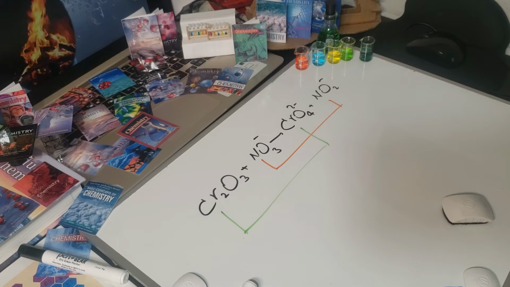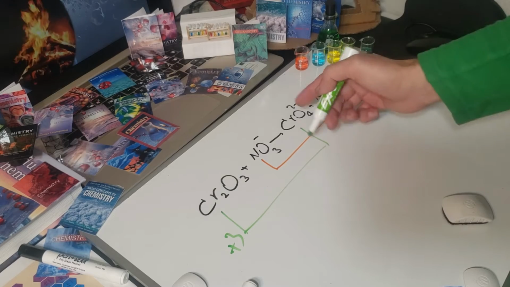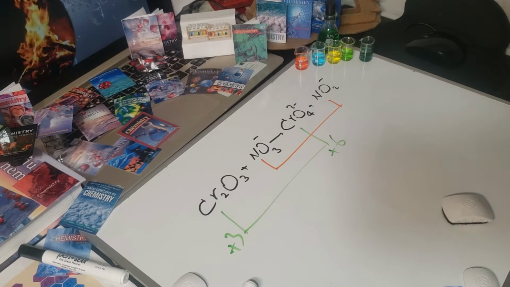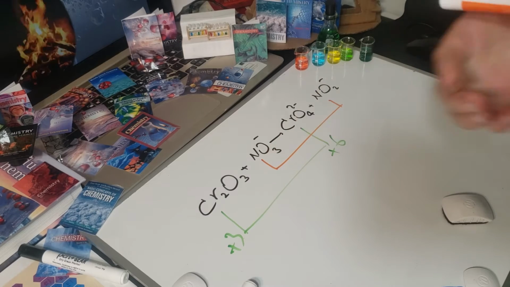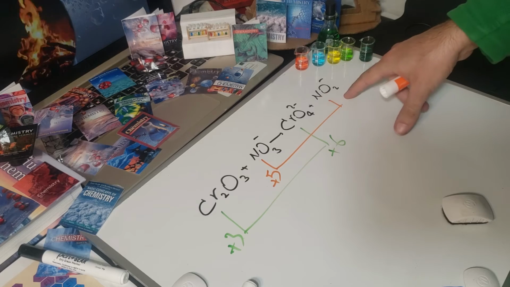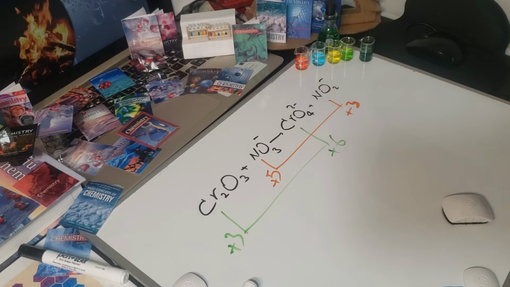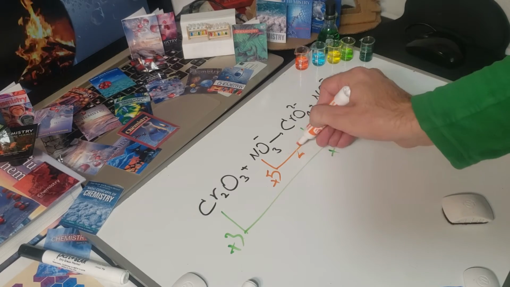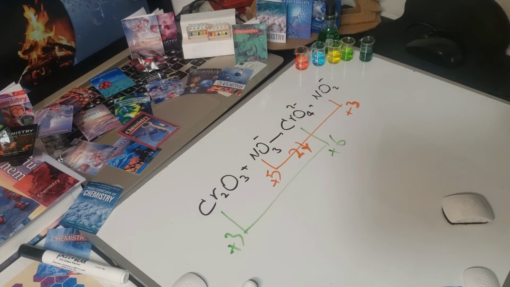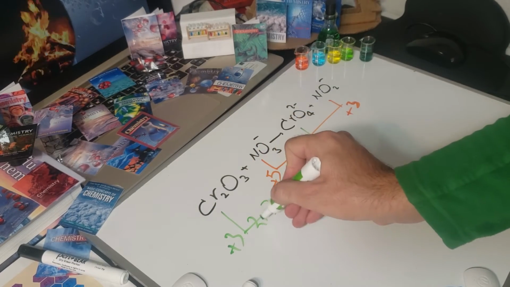So chromium is 2 chromium minus 6 because of the 3 oxygens equals charge, which is 0. So 2 chromium minus 6 would be 0, so chromium would be then plus 3, each of them. Chromium minus 14 is equal to minus 12 minus 2, so chromium is plus 6. Okay, here nitrogen minus 6 is minus 1, so nitrogen is plus 5. And here nitrogen minus 4 because of the 2 oxygens equals minus 1, so it's plus 3. It's 2 of a drop here